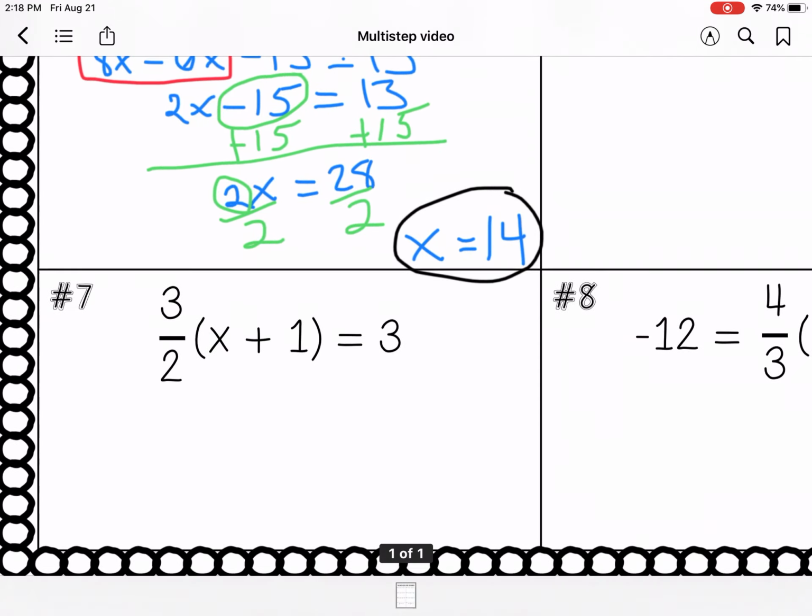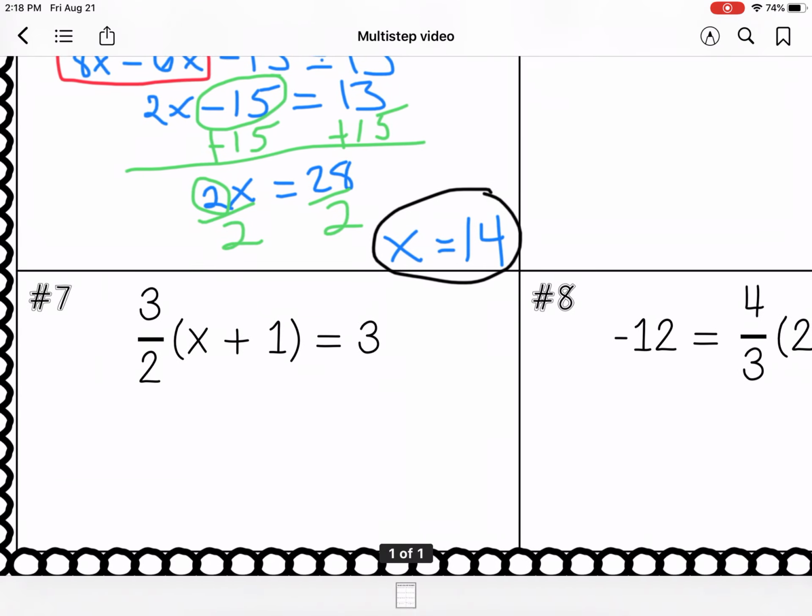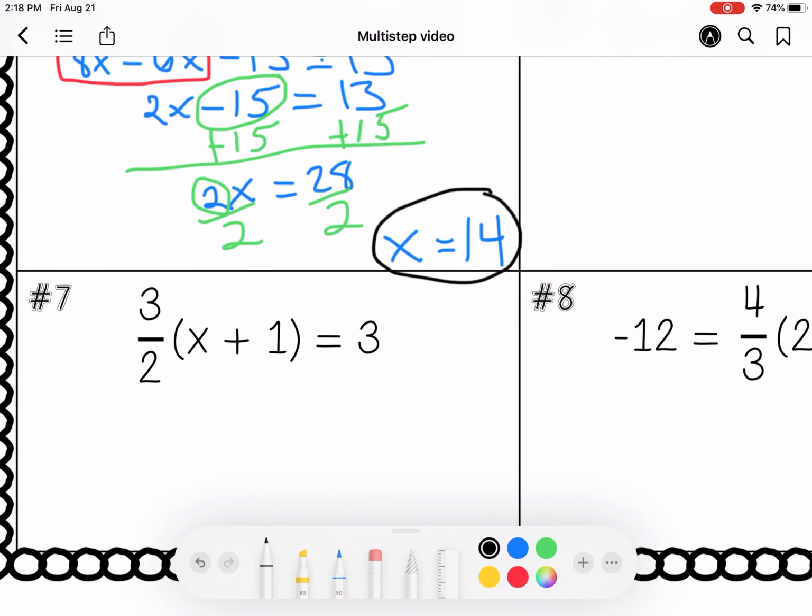And the last one I want to show you is one with fractions. Now I'm going to show you one way to do it, and your teachers may show you a different way. Either way is okay. So the first thing, obviously,